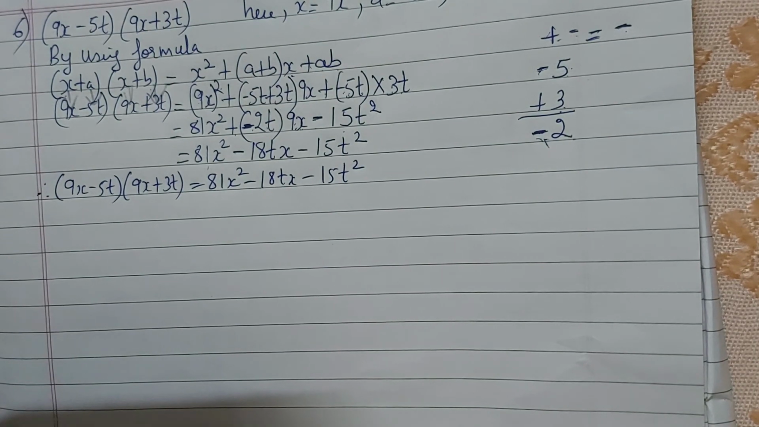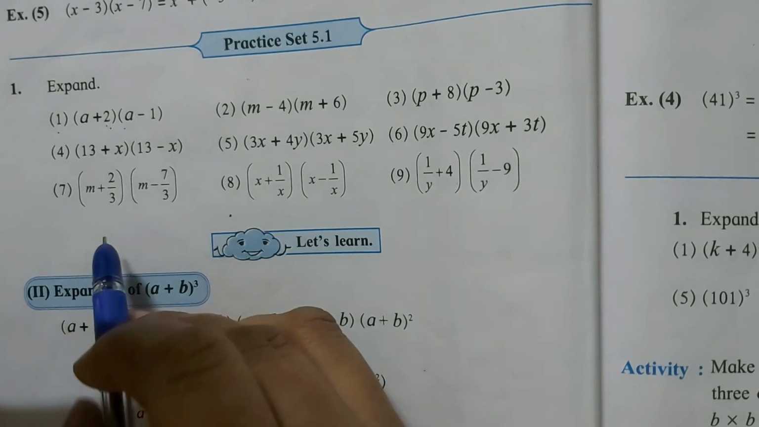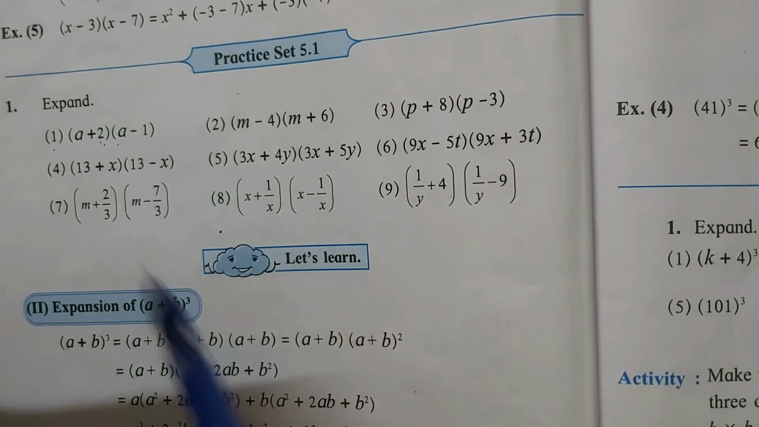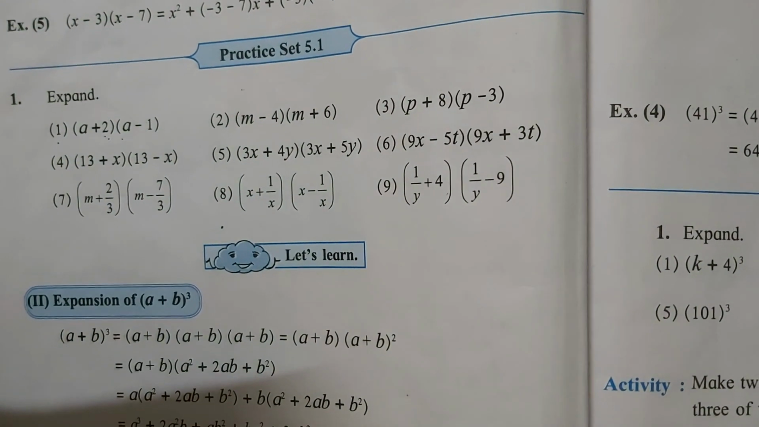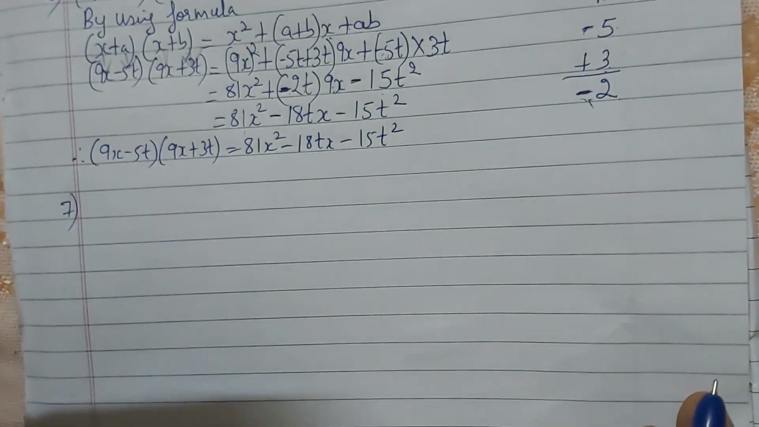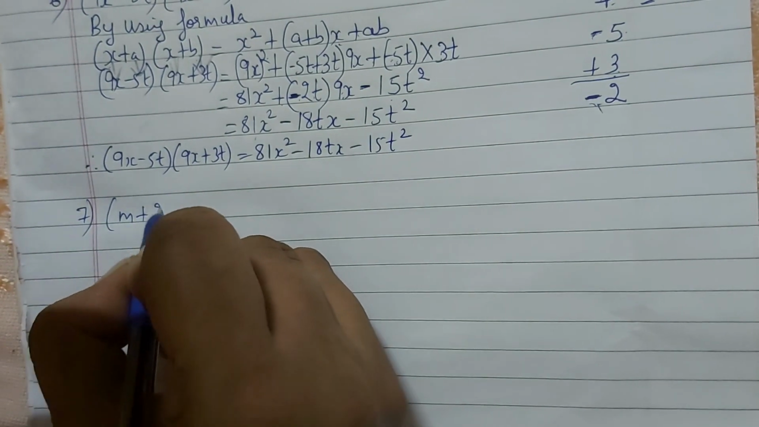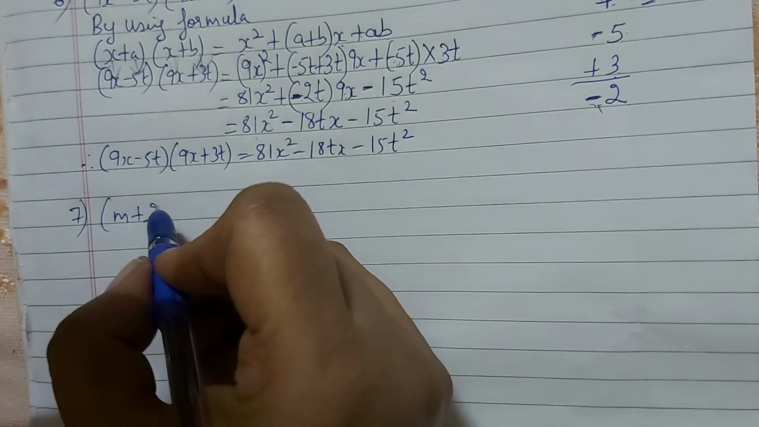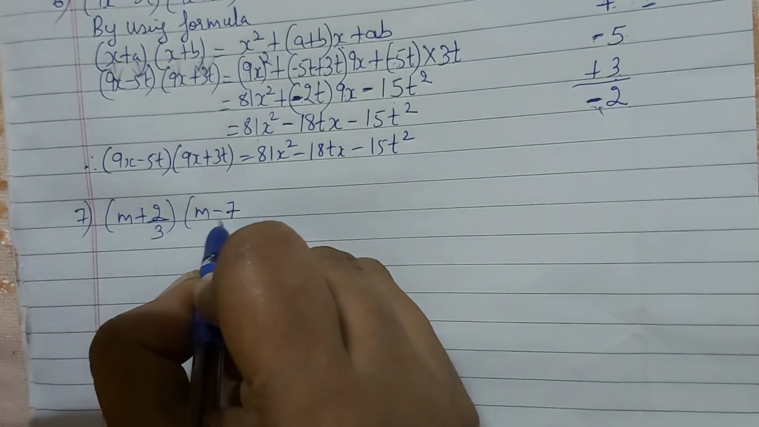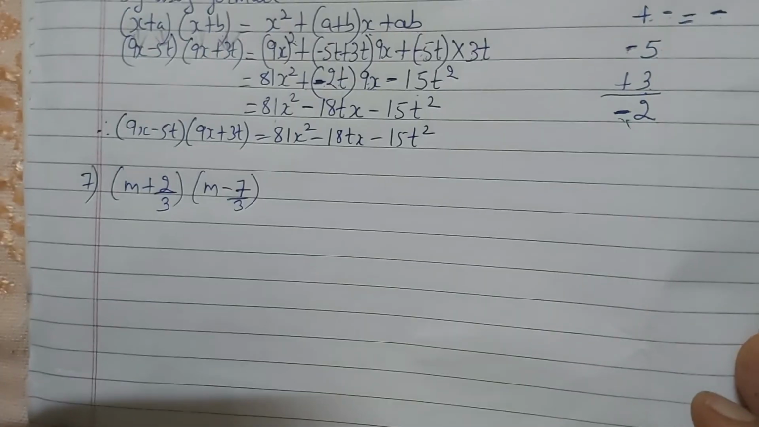Now let's take the other sum, that is the 7th number. Okay, m plus 2 upon 3 into m minus 7 upon 3. This is the bracket. Okay, so we will write the 7th sum. m plus 2 upon 3 the bracket, m minus 7 upon 3 in the bracket. By using a formula,